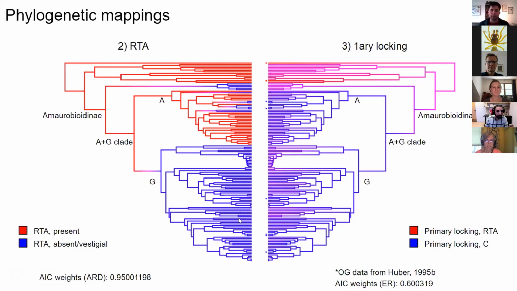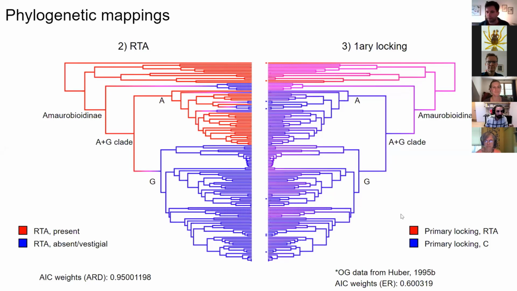And we obtained this really interesting pattern where we can count 6 independent losses of the RTA within Amaurobioidinae, which is amazing. 1 here, 2, 3, 4, 5, and 6. 5 of them within the A+G clade. And the third mapping, here we mapped a